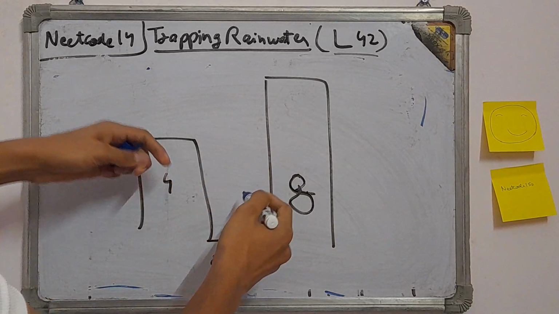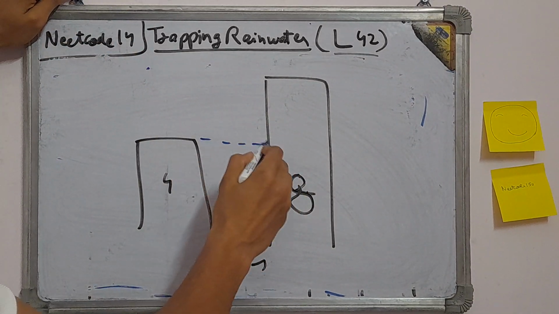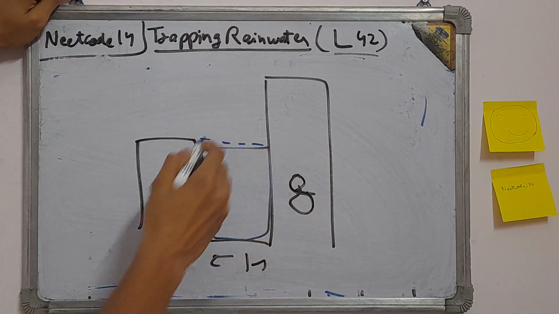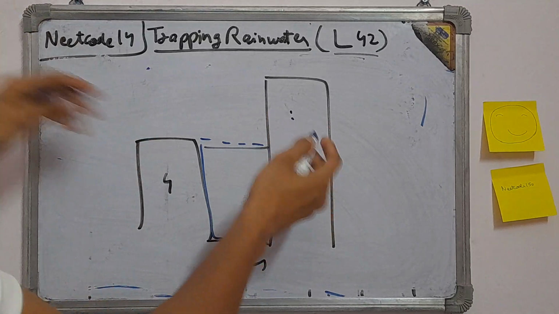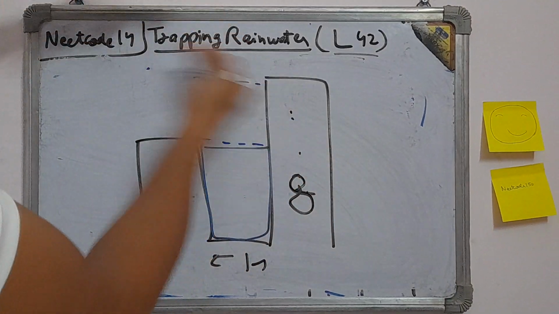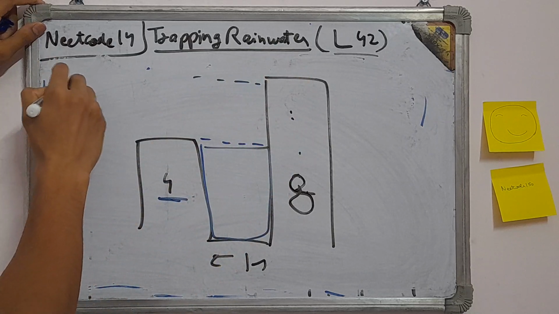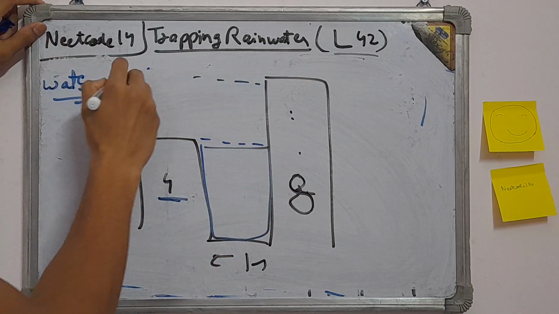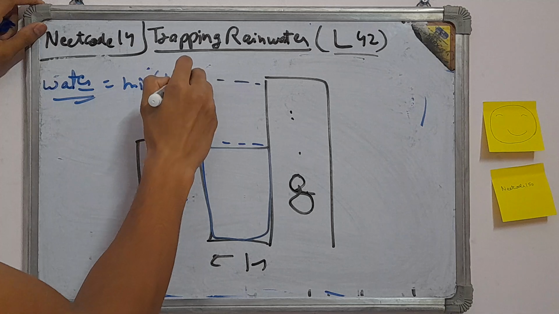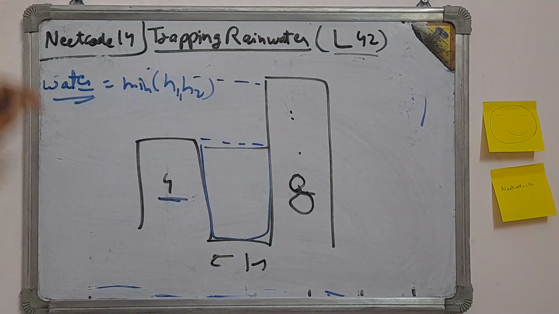In this case, we have to tell the area of this rectangle because this is the water. So we cannot take this as the height because water cannot be kept till this point, it will flow down. So we have to take the minimum height as we did in the previous question. So that means the formula for water will be the minimum height of H1 and H2. Okay, so